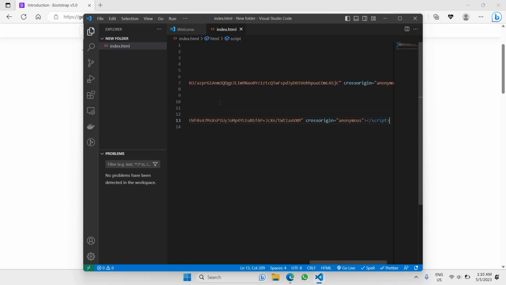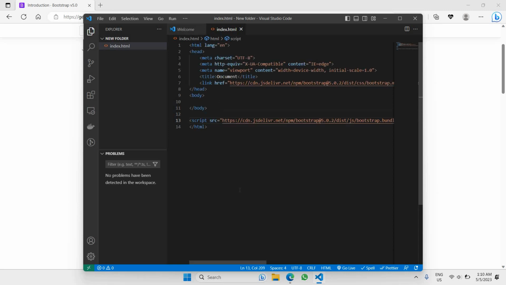Right now we have already finished setting up Bootstrap 5, and the next thing is to test it by running this file, to see whether Bootstrap 5 is working or not. So in this case, I'd like to add a simple text right here. I'll say h1. So inside the h1 tag right here, I'd like to place a simple text,